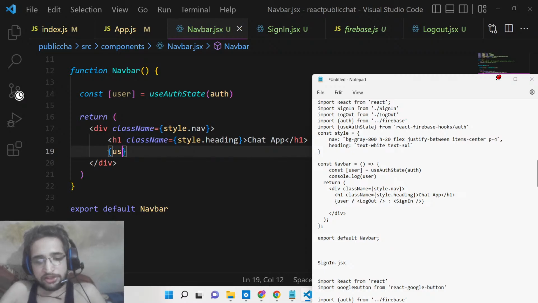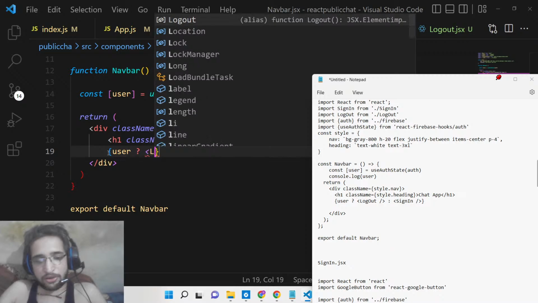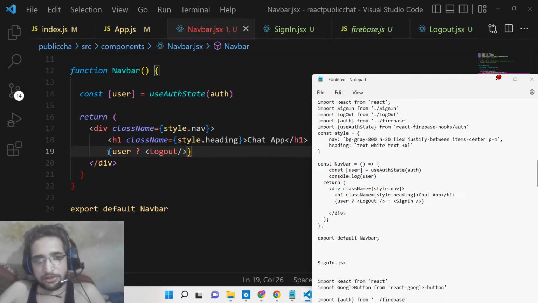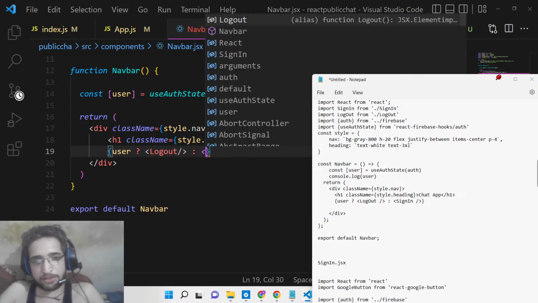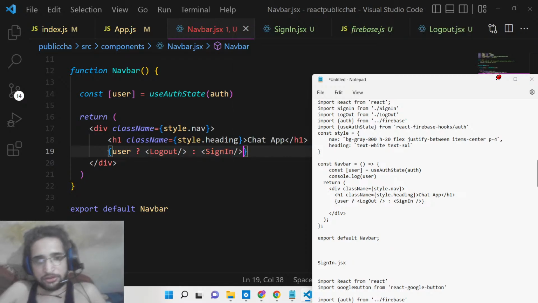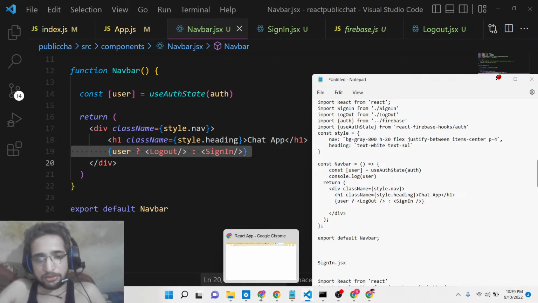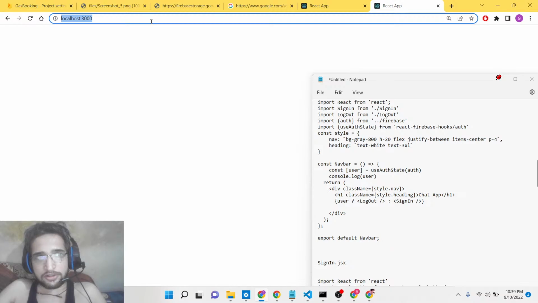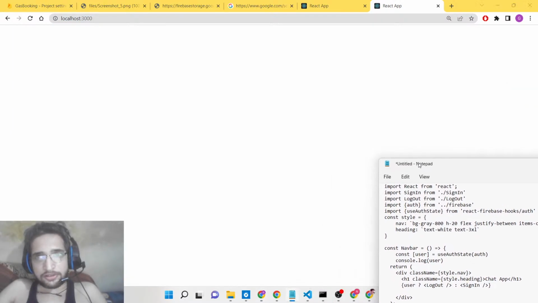So simply here we will check if the user is valid, then we will show the logout component, and here we will use a ternary operator. You can now see, if you have studied programming, you will definitely know this. So now we will see here, if you are logged in here,